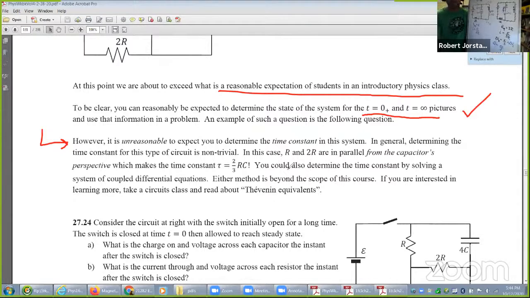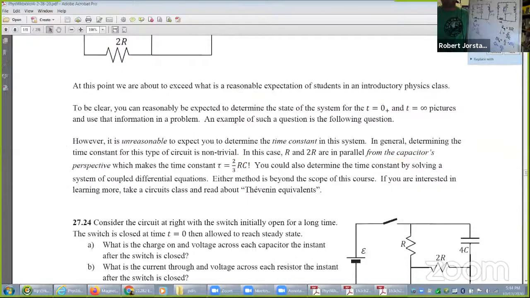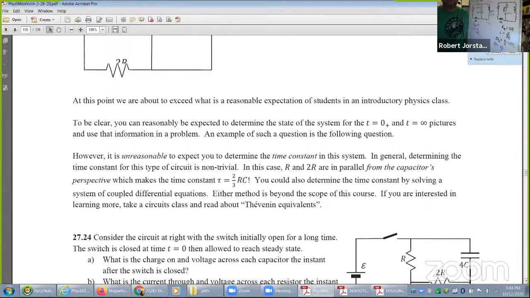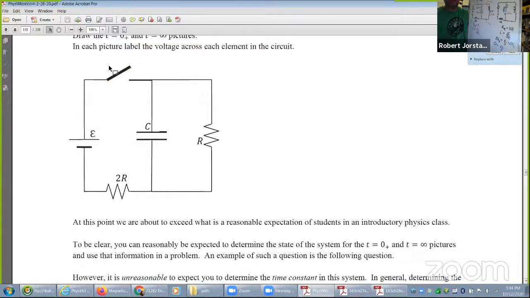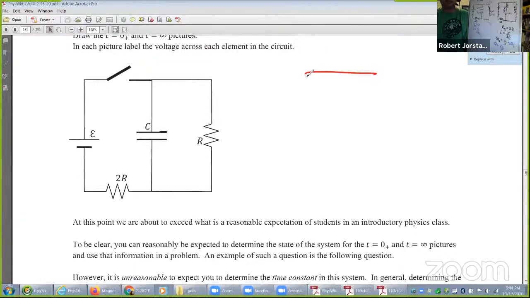If you care, it actually turns out being 2/3 RC, because from the capacitor's perspective, you can eliminate the battery, do some tricky math, and then view this. If I scroll up, if you forget about the battery, which is basically a constant in the circuit, this ends up being something like this: 2R